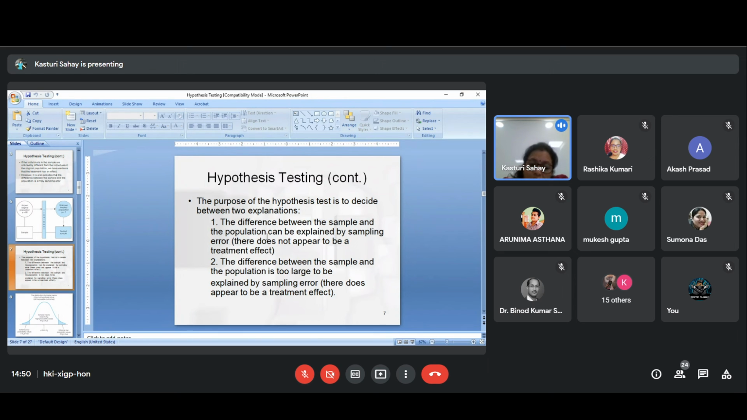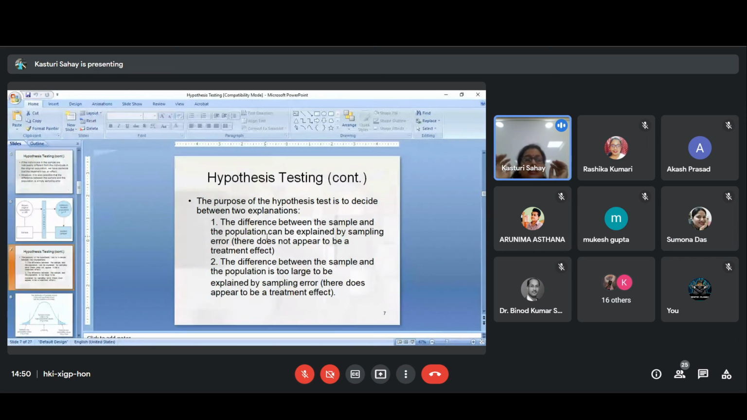That is, you can say that the effect or the change is due to the treatment. All right, understood? The purpose of the hypothesis test is to decide between the two explanations. You took a sample from a population, you did a treatment on that, and you got the result. Now, that outcome, you need to specify, you need to justify that the before and after change is not